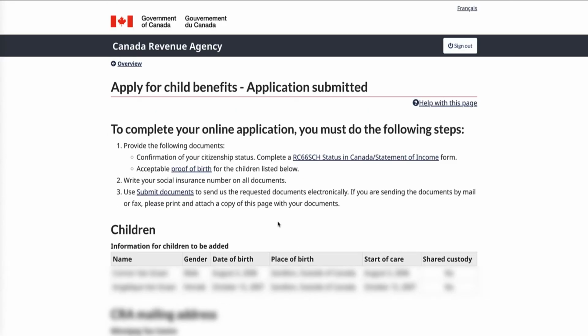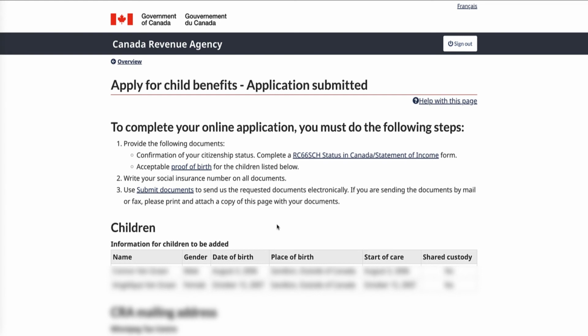So here it states that your application has been submitted, and they also say to complete your online application, you must do the following steps. Provide the following documents. Confirmation of your citizenship status. For that, you need to complete the Form RC66SCH. So you need to provide them with that form, and acceptable proof of birth for the children listed below. And you can write your social insurance number on all documents and use submit documents to send us the requested